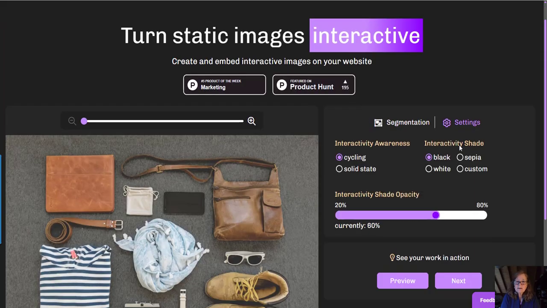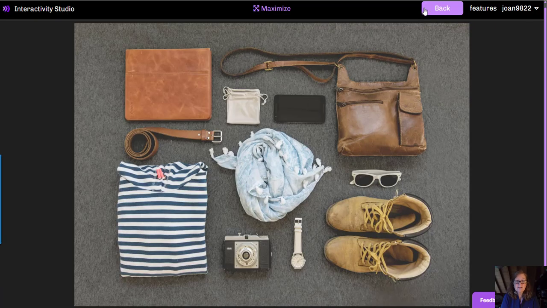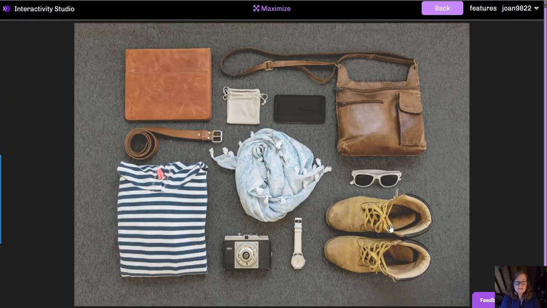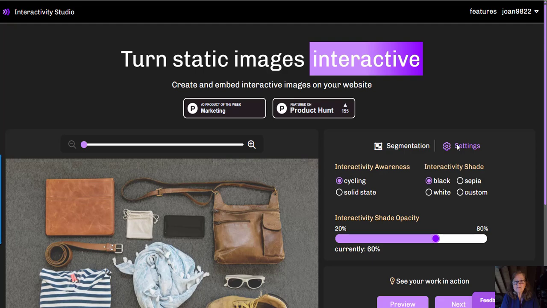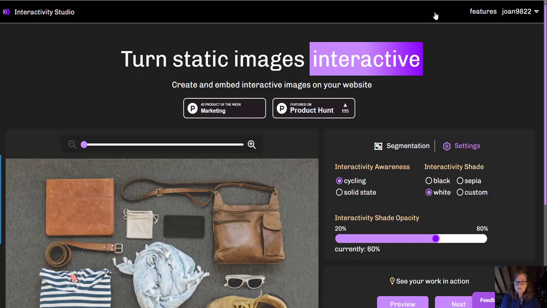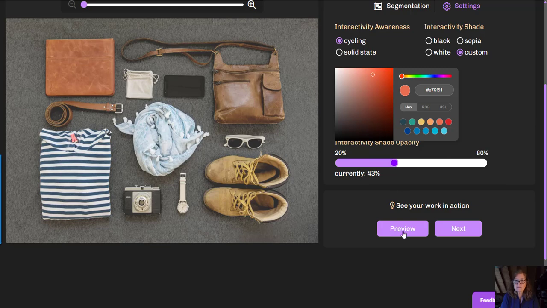Let's go back, and now this is another customization. You can go solid state, where everything is interactive and it doesn't cycle through, or cycling. The solid state's for if you have a lot of items and it's cycling through a lot, like a map, for example. So you can also customize the shade: white, black, sepia, or the custom,